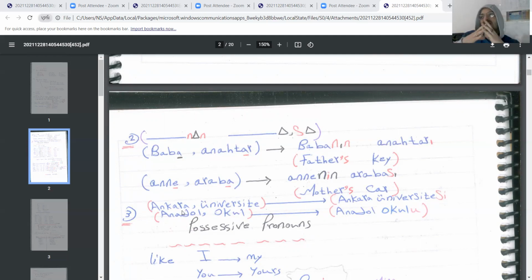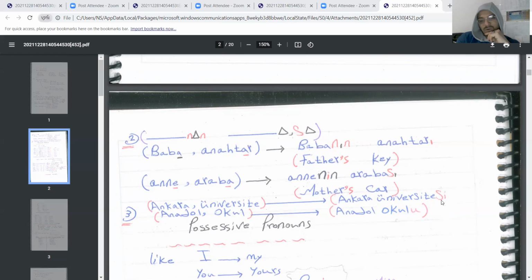sun, when I say sun in Turkish, that means güneş. When I want to say sunglasses, I will say güneş gözlüğü. That means I will not put this ending in general names. That's not necessary. For example, the cities or countries or another general name, it's not necessary to put any ending, because it will be Ankara University, will be Ankara Üniversitesi. Just I put S if that is necessary,